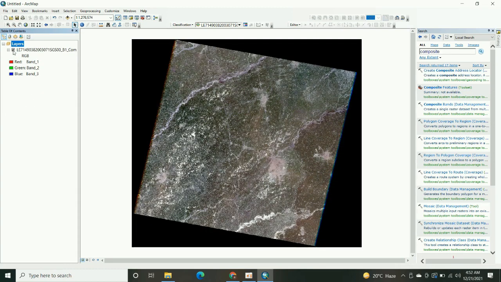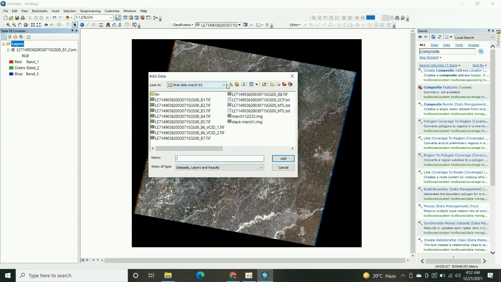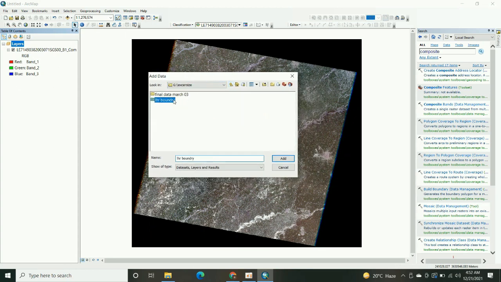Now next we are going to perform the clipping of an imagery. First of all, you have to add the shapefile from your dataset which you have created earlier.